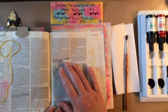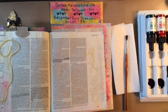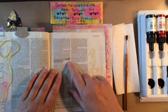I'm focusing on verse 14, but I'm just going to read a little bit from verse 6. It reads, "We know that our old self was crucified with him in order that the body of sin might be brought to nothing, so that we would no longer be enslaved to sin. For one who has died has been set free from sin." And then verse 14, "For sin will have no dominion over you, since you are not under the law, but